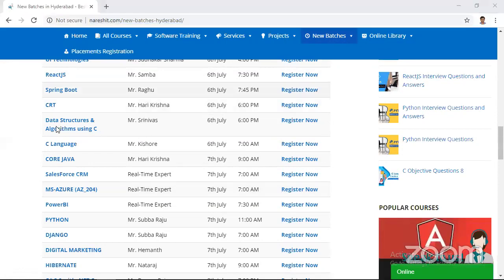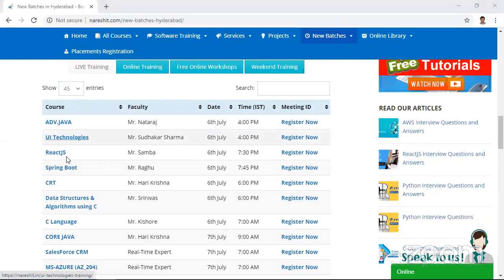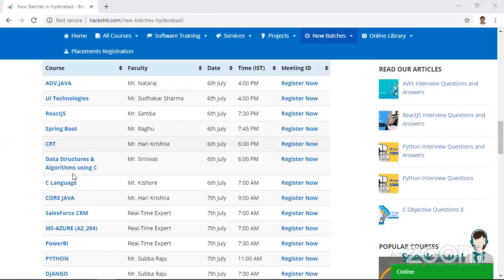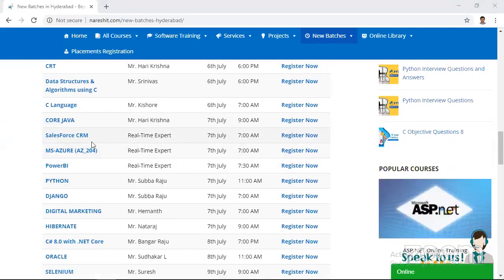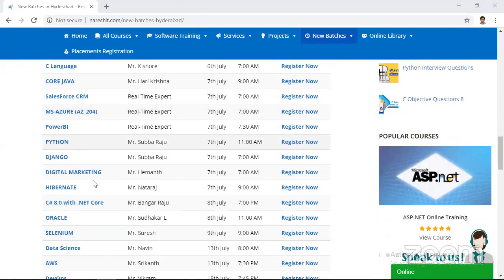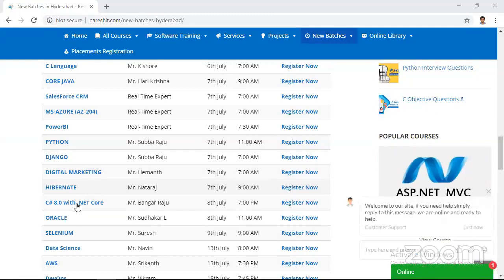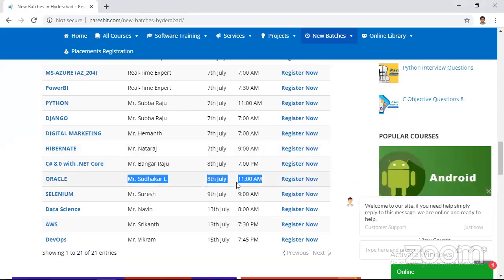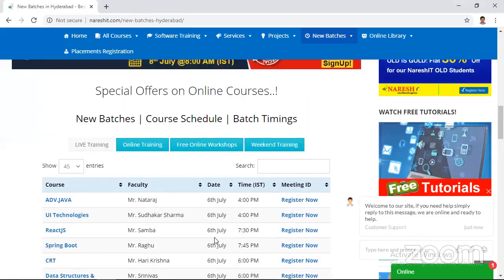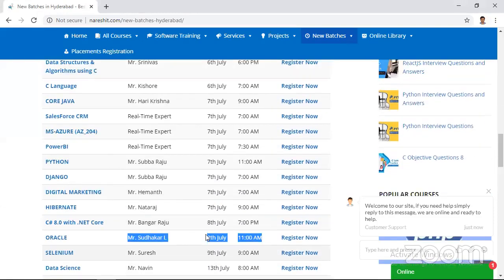Look at that, all courses are there: Advanced Java, UI technologies, React.js, Spring Boot, CRT, data structures and algorithms using C language, Core Java, Salesforce CRM, Power BI, Python, Django, digital marketing, Hibernate, Oracle starting by Mr. Sudhakar L sir, 8th July 11 a.m., data science, AWS, DevOps. These courses are starting by different faculties at different times.